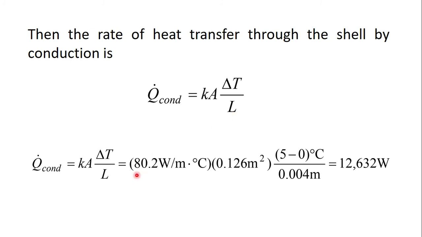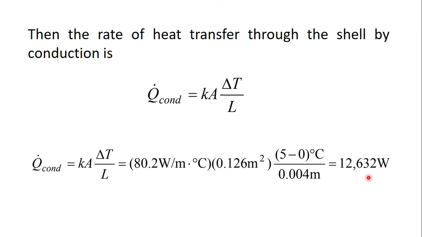After putting in all the values, such as thermal conductivity and the area that we have calculated in the previous slide, the temperature difference and the thickness of the wall, and after simplifying that, we will have the value of the rate of heat transfer, that is